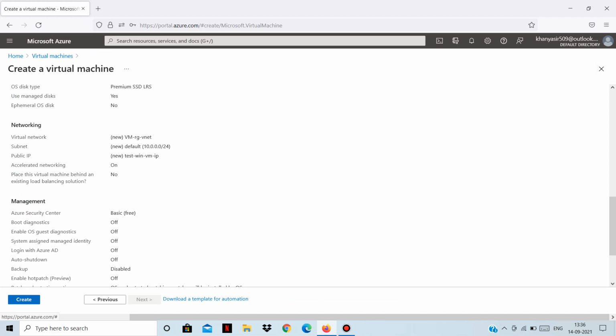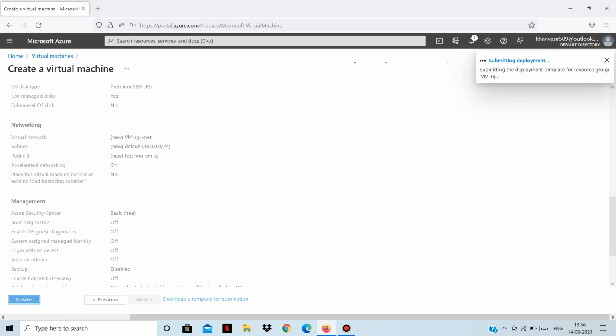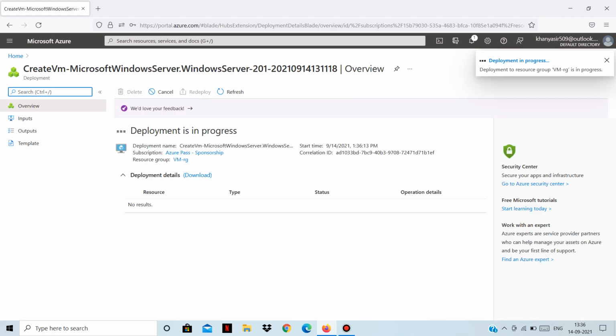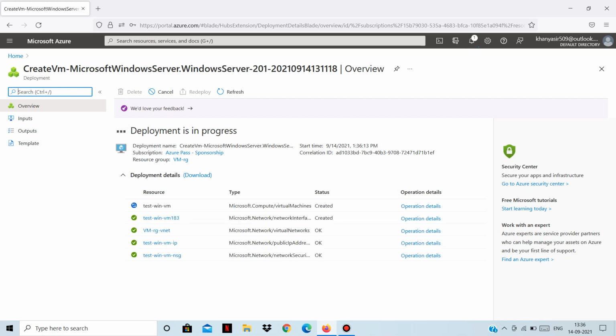Now let's simply click on the create button to create our very first virtual machine. As you can see, it is very simple to deploy a Windows-based virtual machine. If you had on-premise, you would need to buy and install the servers and do the virtualization. So it's a very lengthy and tedious process. With cloud computing, we have seen how we can simply create a virtual machine with the help of a few button clicks. Now our virtual machine, which is running a Windows operating system, will be deployed in the Microsoft Azure data center.